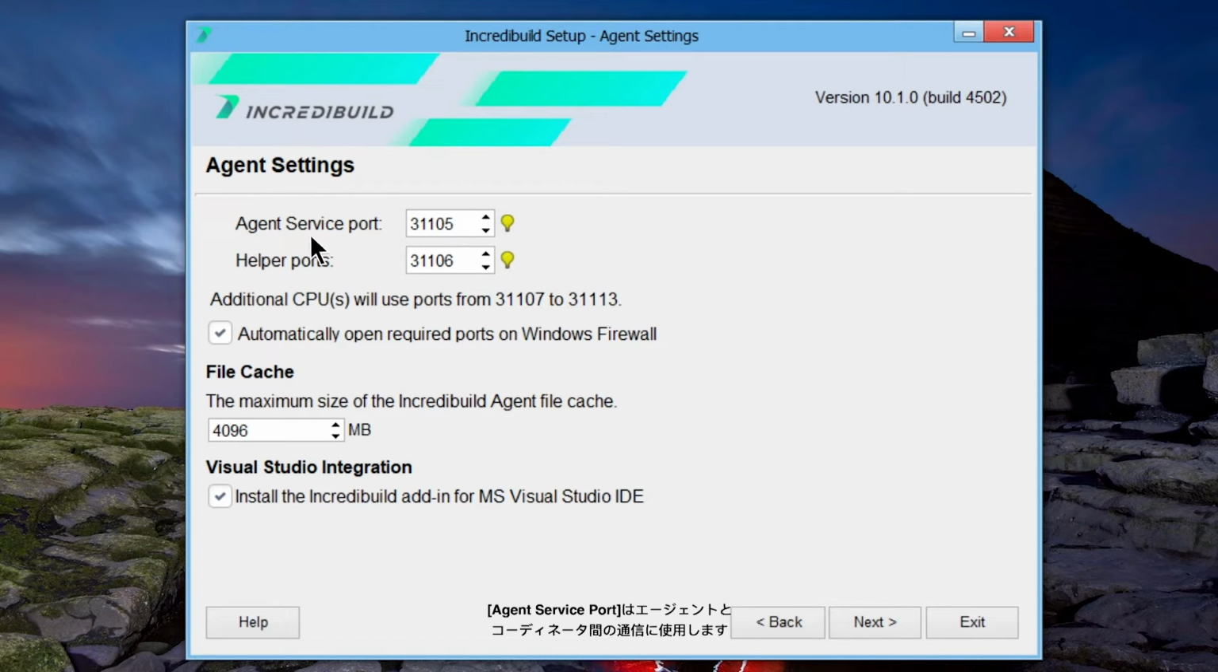Agent Service Port enables communication between the installed agent and the coordinator. Helper ports enable communication between the initiator agents in your Incredibuild environment and the installed agent cores. Select the first port number to be used when the local machine contributes its idle cores to other machines that initiate tasks. By having this checkbox marked, any ports that are closed by your system's firewall will automatically be opened